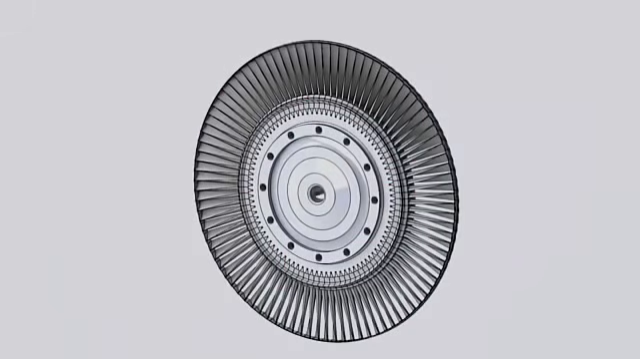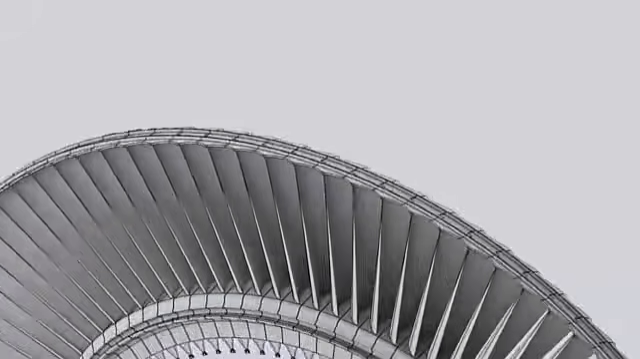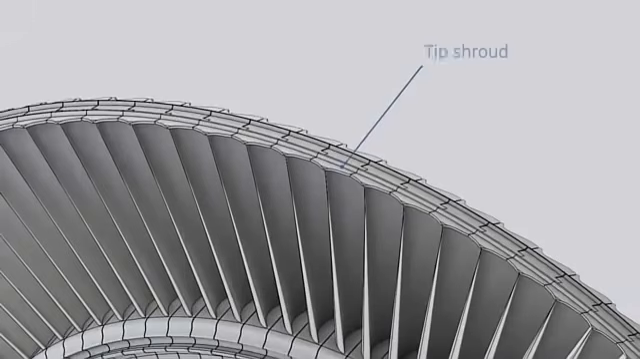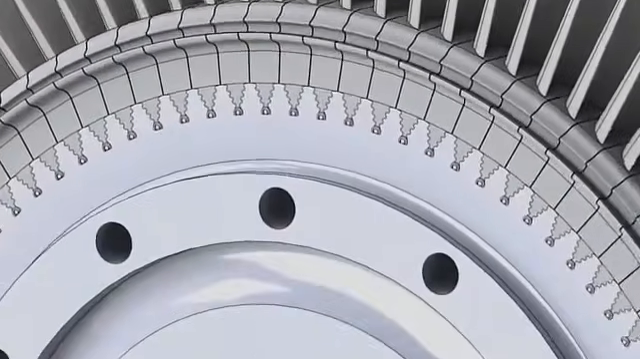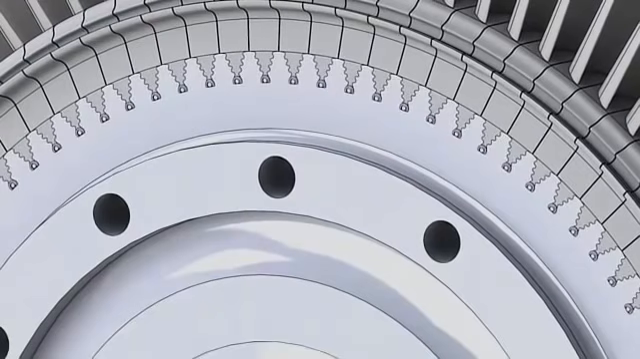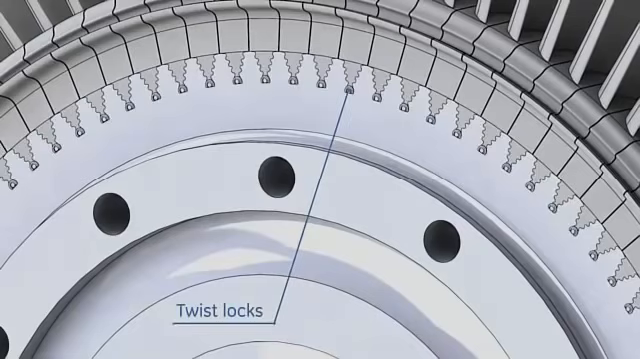The third wheel carries the buckets of the third turbine stage. 92 buckets are also installed on the third wheel. Third stage buckets are not internally cooled. Third stage bucket tip is also enclosed by a shroud. Buckets are attached to the wheel by the dovetail arrangement and held in the axial direction by a twist lock arrangement